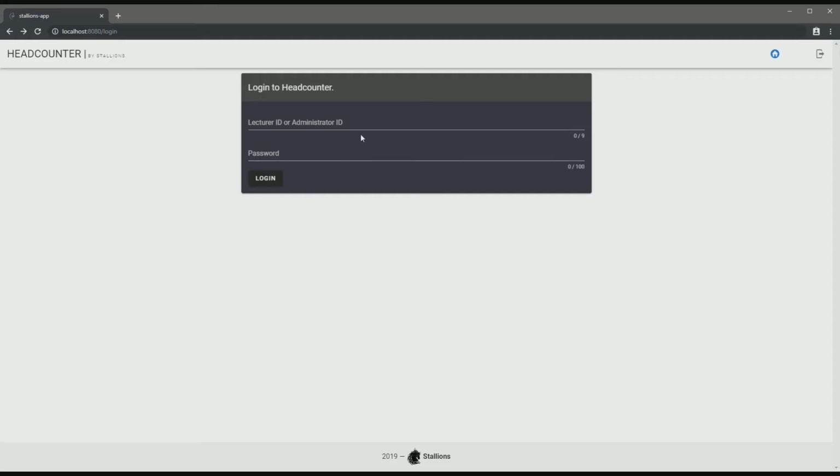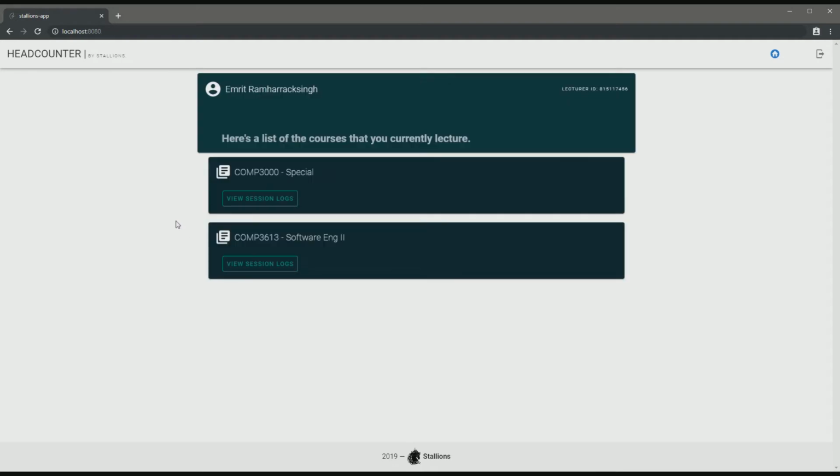Okay, so suppose you're a lecturer and you want to log in to view the courses that you teach, the sessions for those courses, and the students that attended those sessions. The first thing you need to do is sign in with your lecturer ID and password. This page displays the lecturer name, the lecturer ID, and a list of the courses that person currently